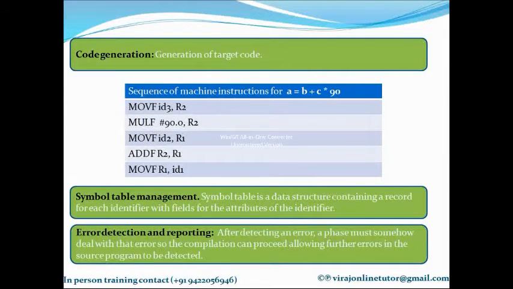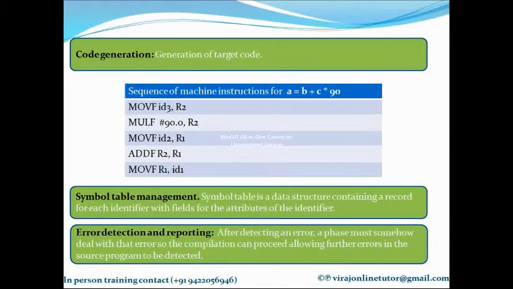Also, in case of functions, the method of passing each argument can also be saved. You all might know that while passing arguments to a function, we can either pass by call by value or call by reference, right? So what type of parameter passing technique we are using is also saved in the symbol table. So the symbol table, I'll repeat, is a data structure which contains a record for each identifier in your program, and it also saves different attributes of the identifier.